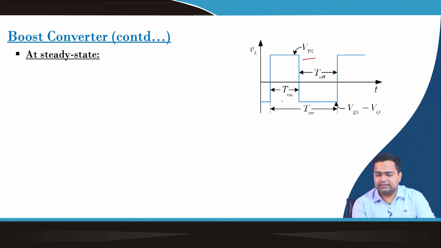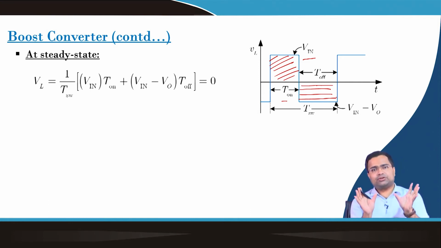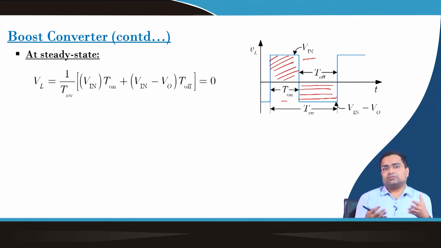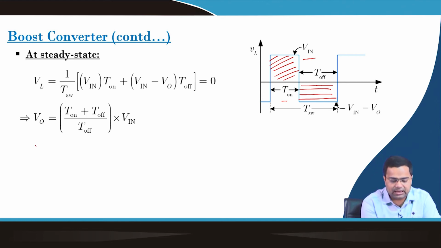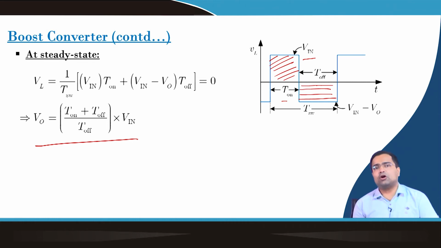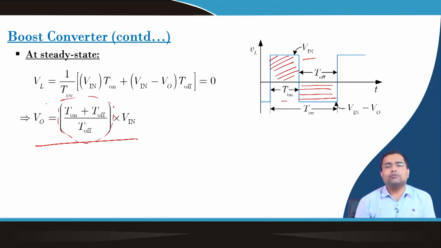and then we can again write the steady state on time and off time, and again we want to show that the area under this curve should be equal to the area under this curve, and if we can make sure these two areas are the same, then the average voltage across the inductor will be 0, and as a result the average change in flux over a periodic cycle will be 0. So, that means the flux will remain constant over a cycle under steady state, and this gives us the output voltage and input voltage relationship. So, output voltage is equal to, these are my timing parameters, and input voltage.